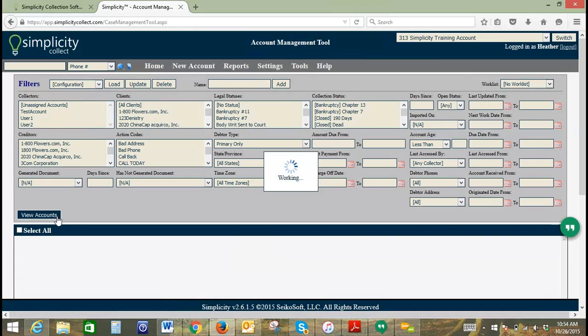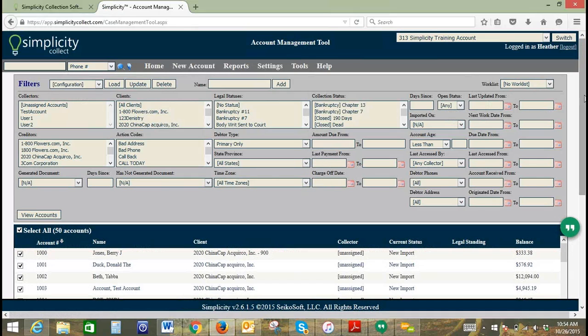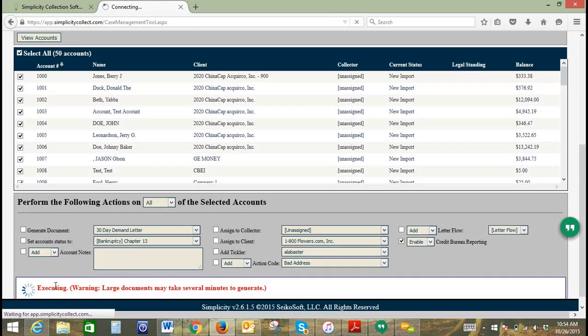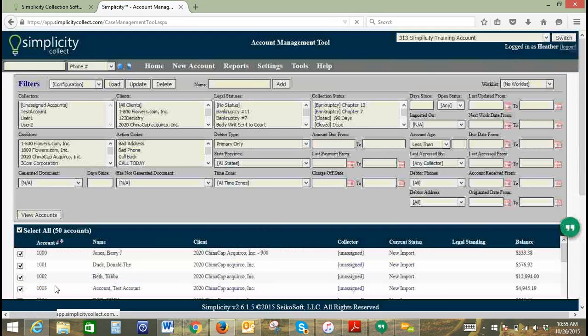If I view my accounts, scroll down to the bottom, and check the box for Enable Credit Bureau Reporting. Click Perform Selected Actions. All of these selected accounts are now Credit Bureau enabled. Okay. The other way to do this